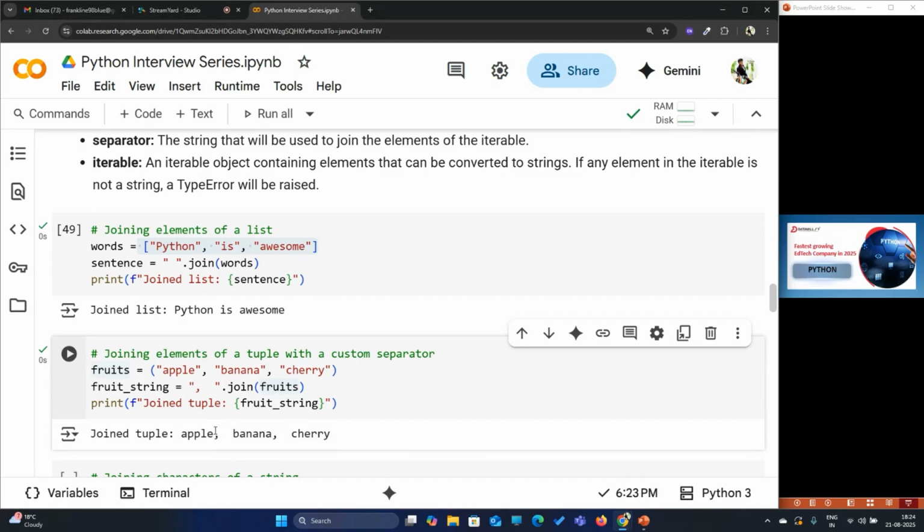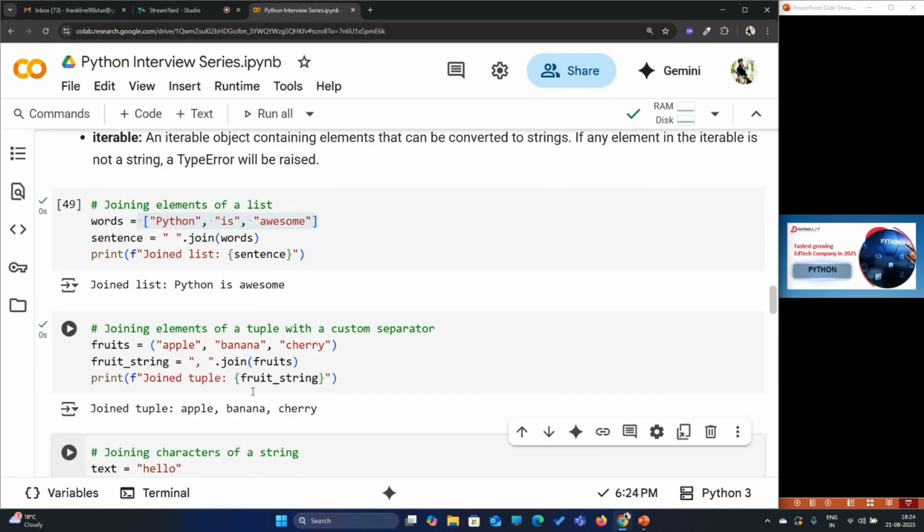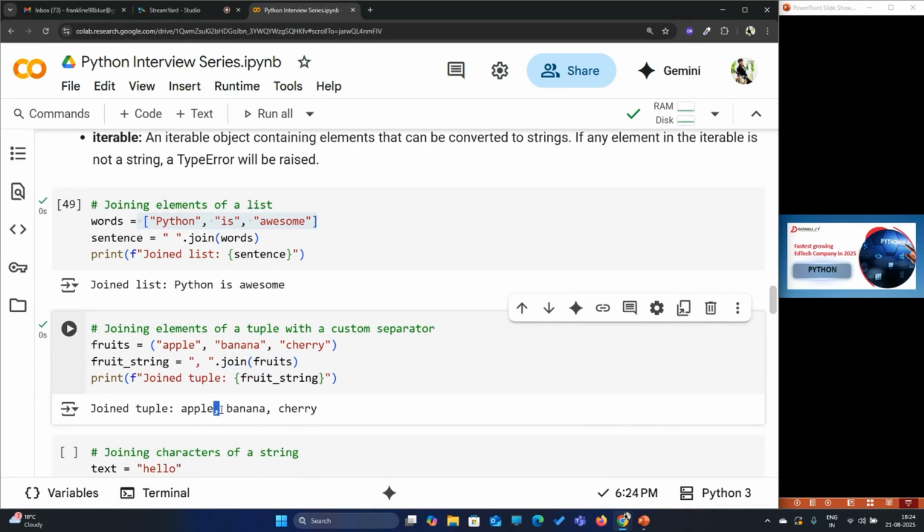But if you notice keenly, I've got a comma, single space, double space, comma, single space and double space. So whatever I have in my separator string, that comes into my join method. To make it easy, let me cut down one space, and now when I create it, I can see that I've got one comma and a single white space, a comma and a single white space. So this is how you perform your join method for your